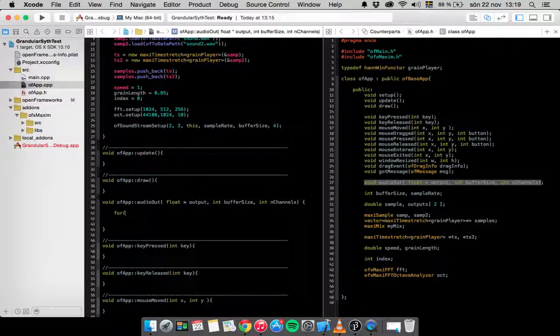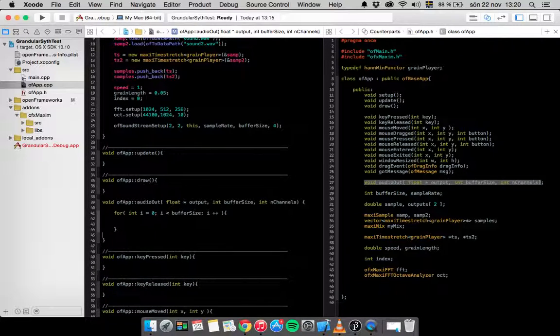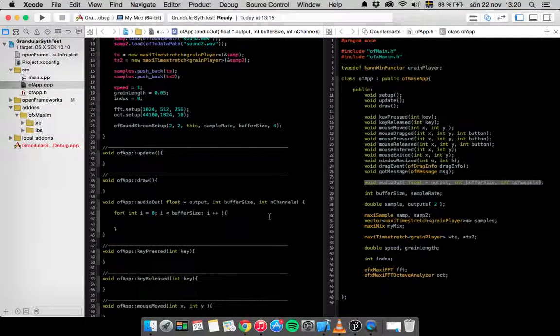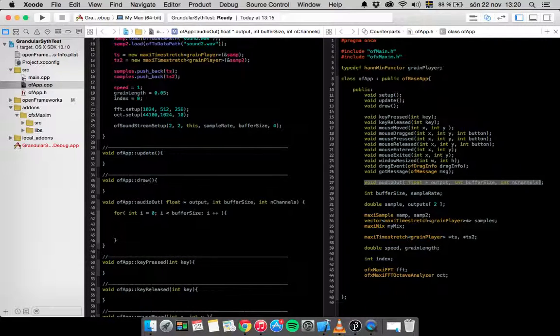First thing we have to do when we do something like this, we need to loop through our buffer size to be able to do anything in audio out. So we need int i equals 0, i is less than buffer size, i plus plus. So now we can actually do stuff in here. Cool. And let's set up